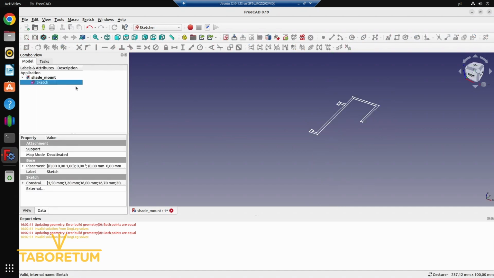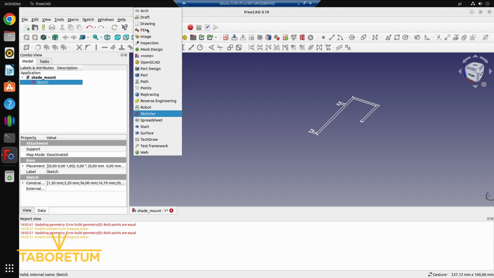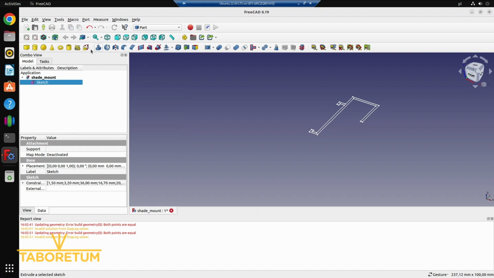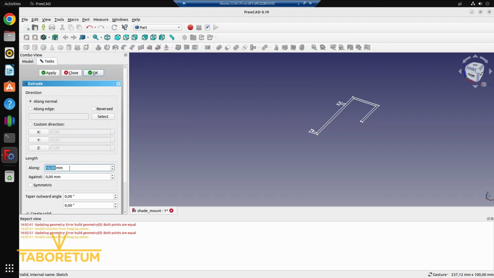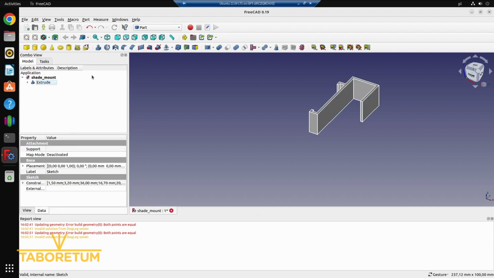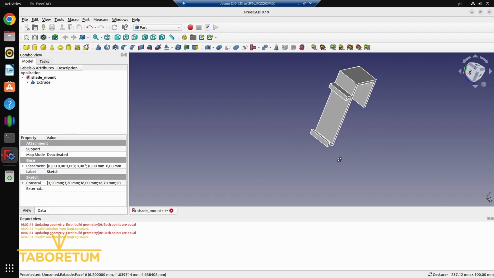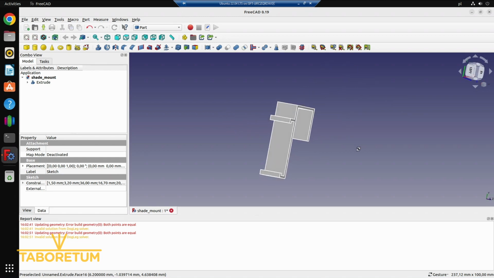So we can close it now. And the whole thing originally is around 16 millimeters in height. So let's go to the part and let's extrude these by 16 mils and see what we have. So now we have this little dongle here, and honestly, what I think I probably should just print it out and test. I'm not sure if we really need these 2 bumps, but just to make it more fun,